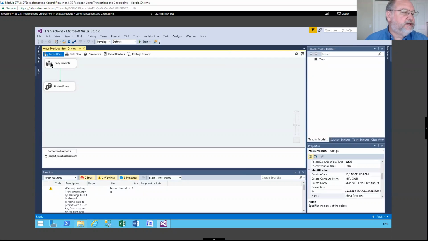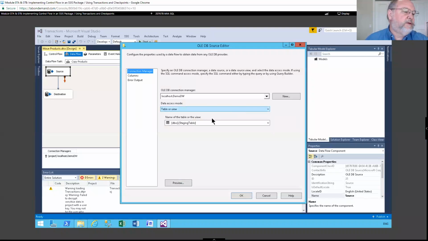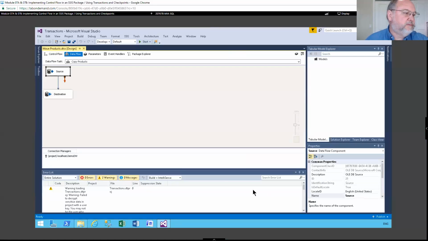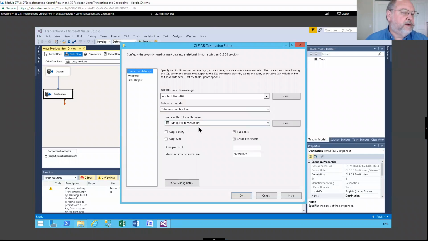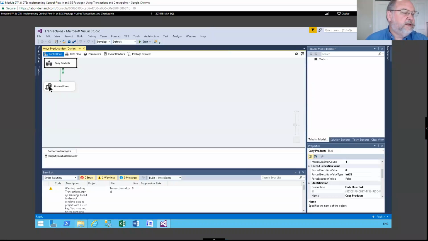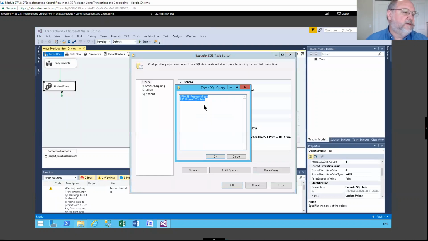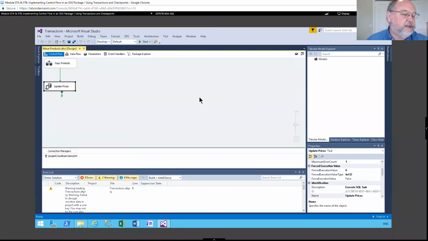Okay. So once again, just to review, this package is going to read from the staging table and write to the production table. When that's done, it's going to update the prices and everything. Sorry, let me start over. It's going to set the price equal to 100 divided by price. Now, I don't know why, that doesn't make any sense, but the whole point is it's going to fail because